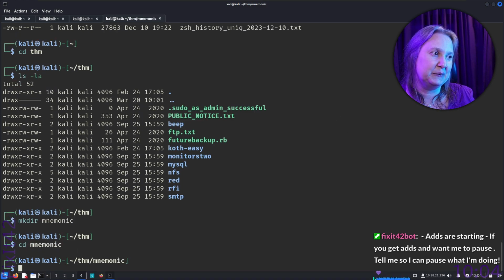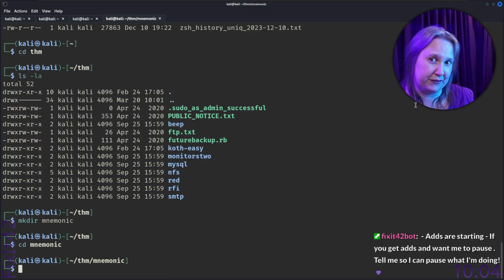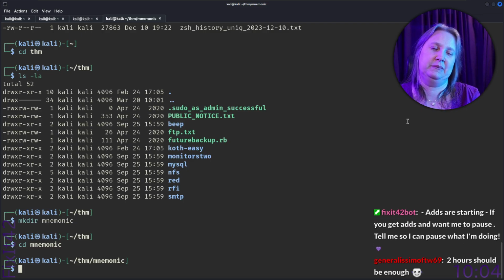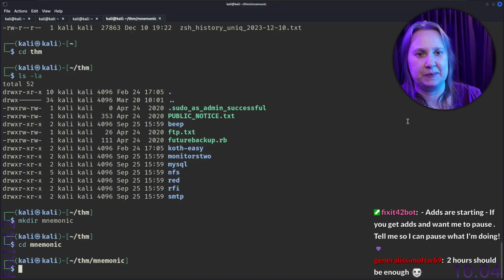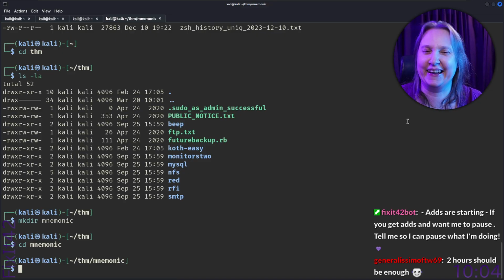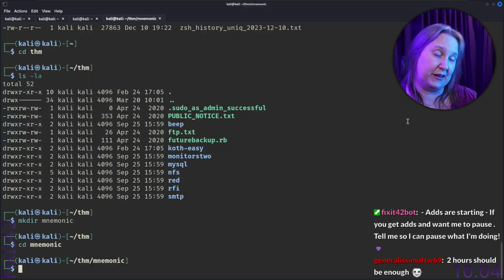I don't think I have another directory starting with MN. I assume, well, we actually have 2 hours left until I have to make lunch for the kids, and then I'm driving one of them to school. We'll see how far we get. 2 hours should be enough. It depends on how much they call me and want stuff before that.